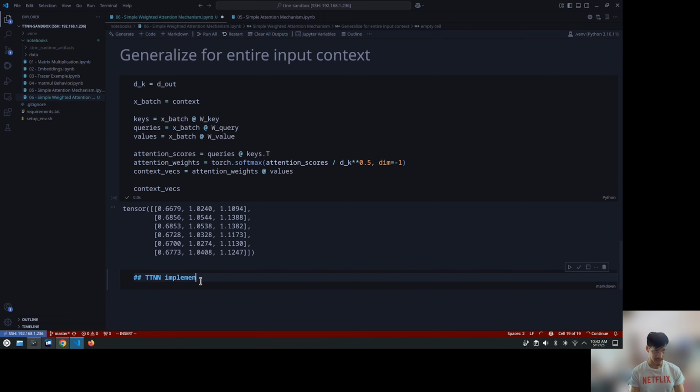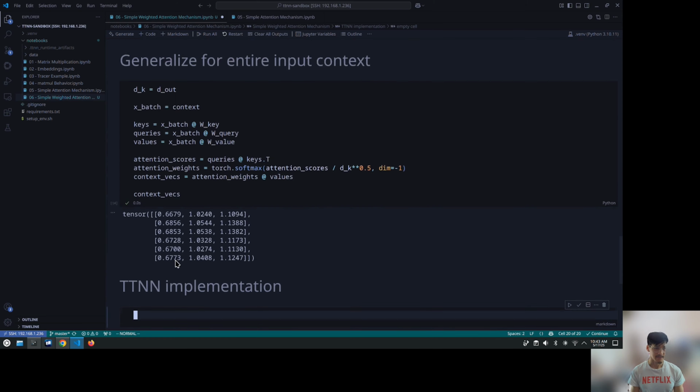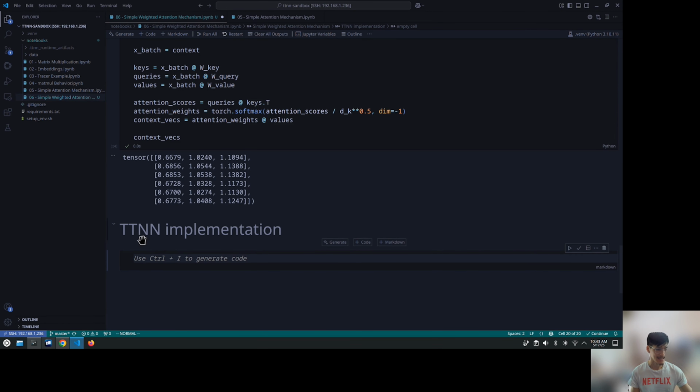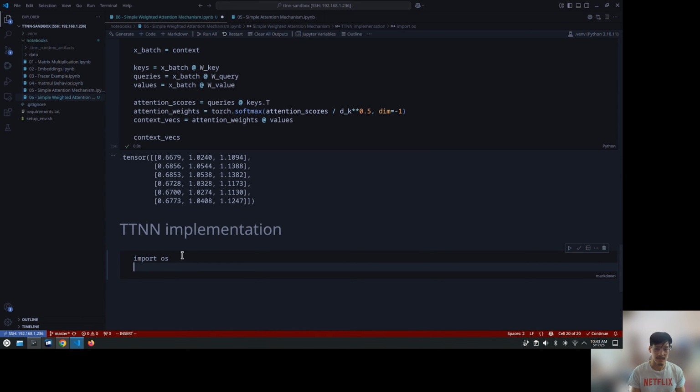ttnn implementation. Okay, so from here we're just going to do the exact same thing that we did. I wonder if it's worth doing some of that tracing again. Yeah, you know what? Let's do that. Let's do some of that tracing again. Okay, so we'll do import os. Wait, this is Markdown. How do we do this? Or hit arrow. Okay. We'll import os and we'll set the environment variable again. So in this case, it'll be